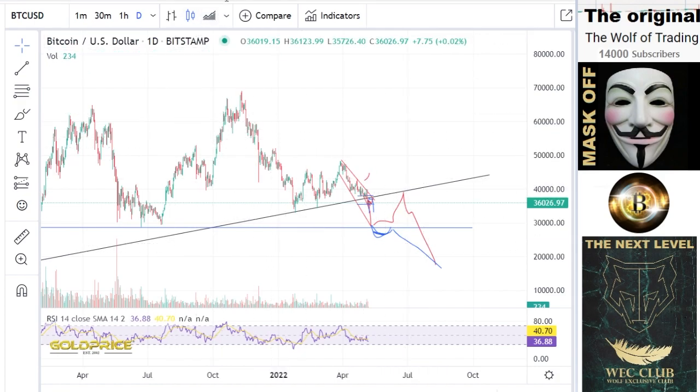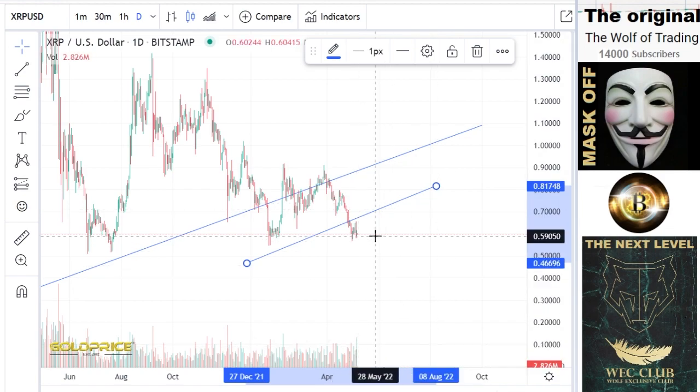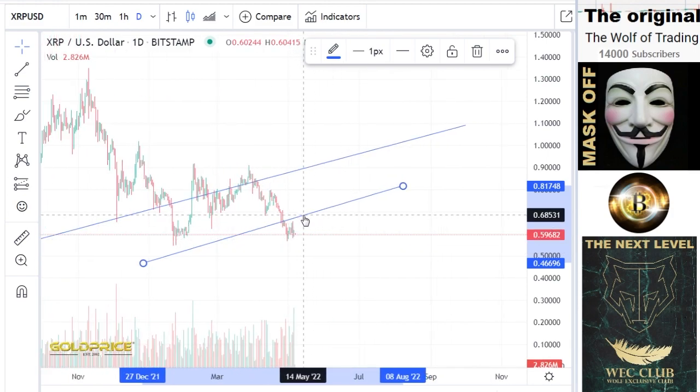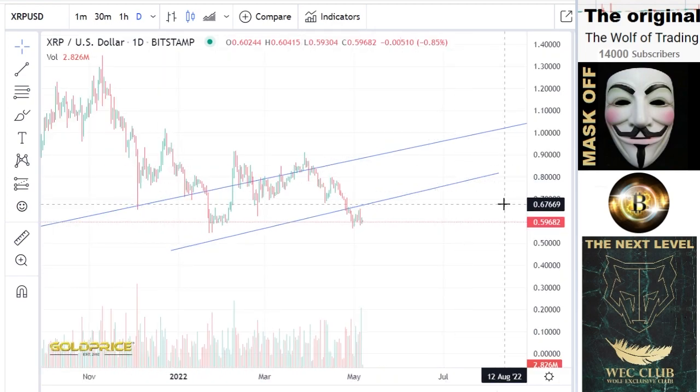And if you look at XRP, you will recognize that we have no energy to break from the third channel to the second channel. So I have to look a little bit more inside